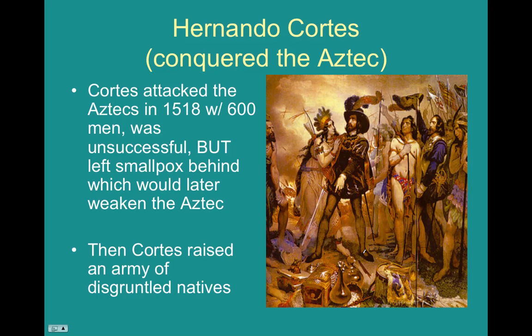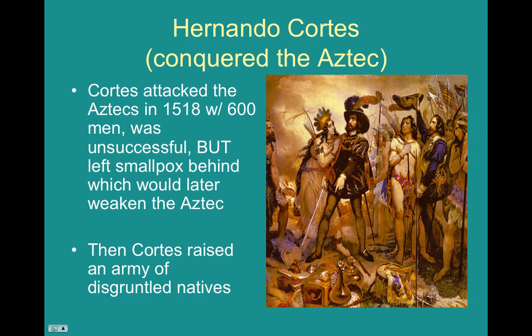What ends up happening is that Cortes will come in on his horses, and people will view him as a god because apparently Montezuma had a dream where a fair-haired god would be coming in, and this is what Cortes looked a bit like, and so everybody thought he was this god returning as determined by Montezuma's dream. And so he is welcome, he is treated kindly, and as the conquistadors typically do, they treat the kindness by